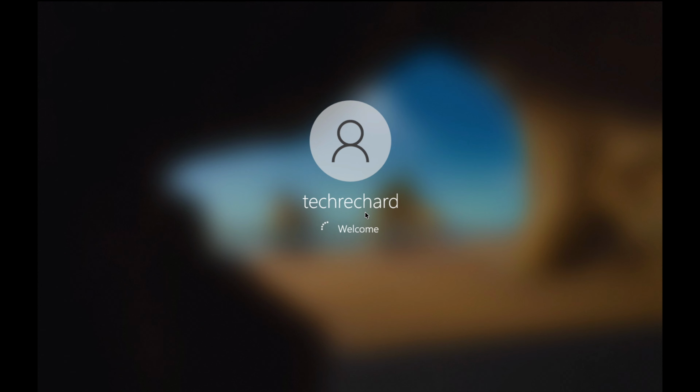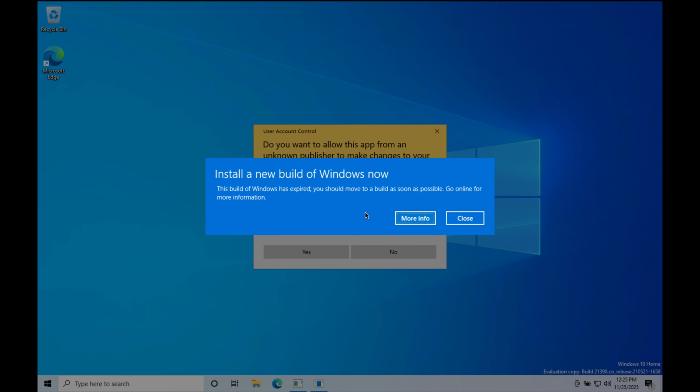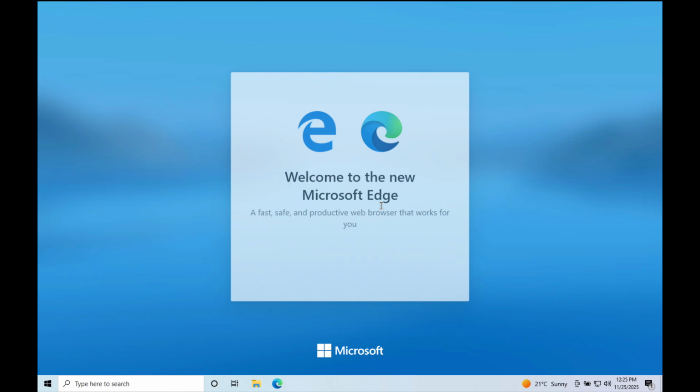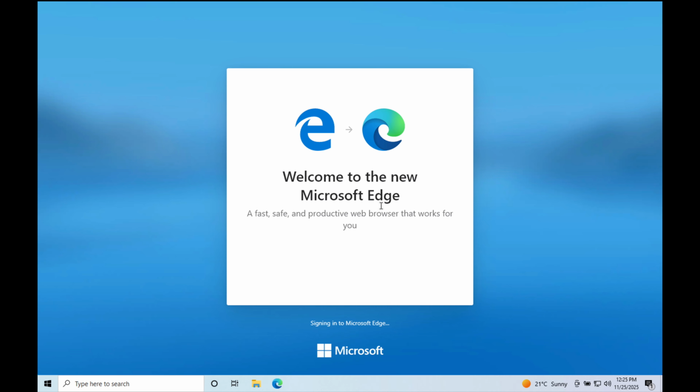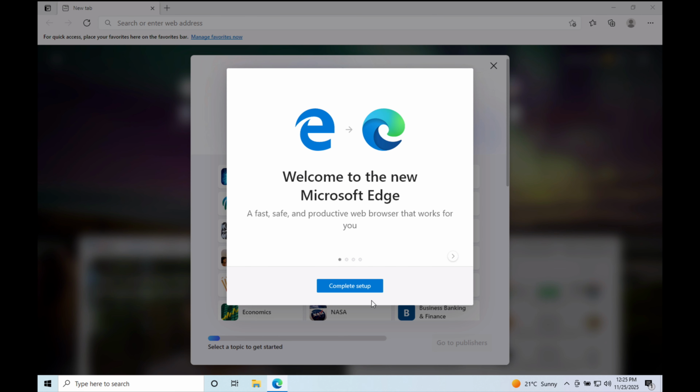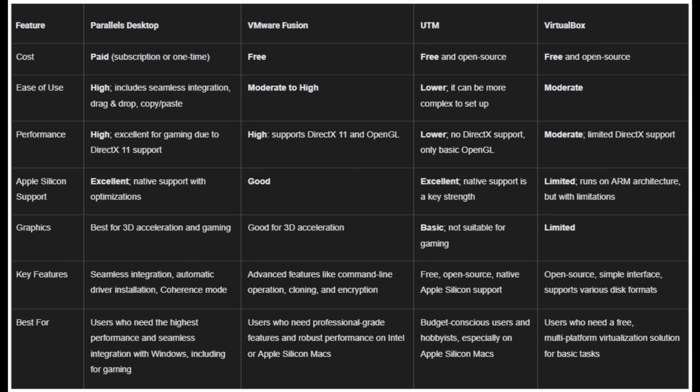Now, let's discuss what makes Parallels Desktop my new favorite virtualization tool. I have utilized all the virtualization tools that are available in the market. The only thing that stopped me from using Parallels Desktop is that it requires a paid subscription. But now that I'm using it, it feels like I was missing everything for these past years. Parallels Desktop is worth every single penny that I've paid for it, and it has saved me hours of hassle with the free alternatives. So here is my overall comparison of Parallels Desktop with other tools. If you are looking for the best overall experience, ease of use, and performance on a Mac, Parallels Desktop is